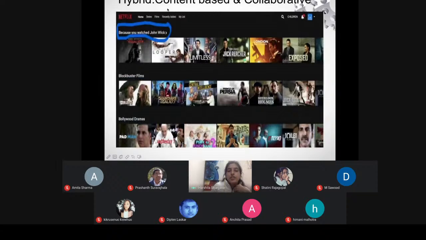The next is the hybrid of the content based and the collaborative approach. In this, if we talk about Netflix, now Netflix is basically using the combination of the content based and the collaborative approaches, in which you can see one line there, because you watched John Wick, that's why these recommendations have been provided. Now, this is a basic content-based recommendation because it is picking up what you had watched earlier, और उसमें से यहाँ पे they have picked up the artist, है ना. और इससे मैच करते हुए जितने भी मूवीज होंगी, these movies would be recommended.